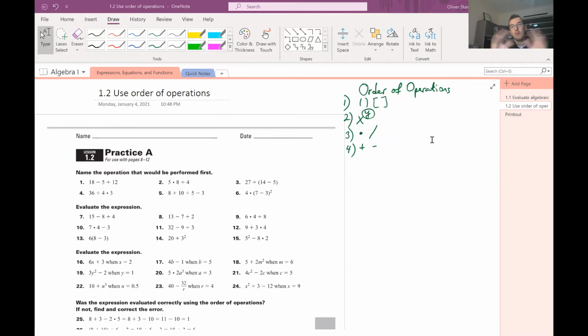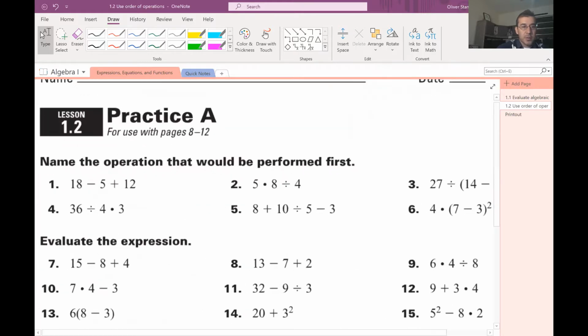We'll go through a bunch of problems here, in the next few lessons and videos, so that you can see exactly how this is being done. Okay, so today we're going through practice A, lesson 1.2. So let's solve problem 1. You can see here on my screen, the first one is